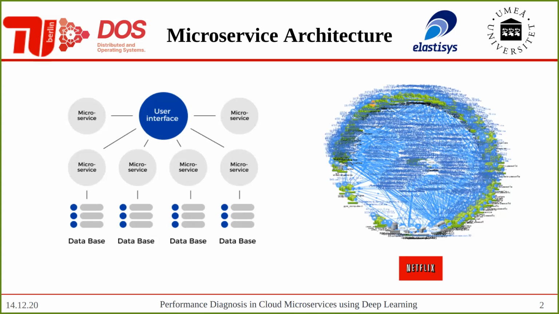Microservice is a very popular software architecture that decomposes monolithic applications into multiple microservices. This architecture has been adopted to design large-scale applications that run in cloud computing, edge computing, IoT, etc. Meanwhile, it is also being adopted to run service applications in many big companies like Netflix, Twitter, Uber, etc. On the right, this is the microservice system running in Netflix. The blue dots on the circles are the microservices, and the blue lines across the centers are the invocations among the services.